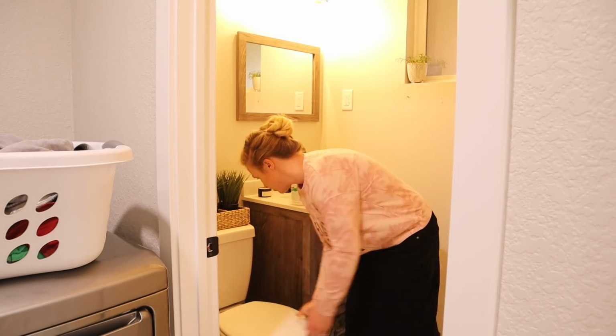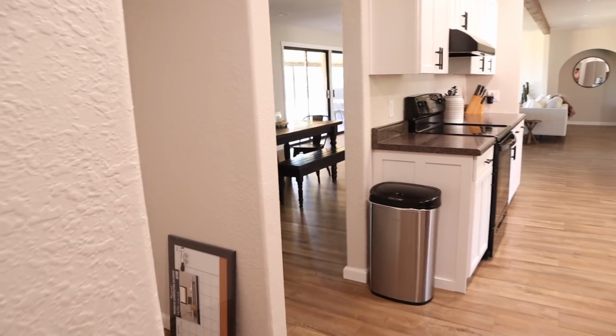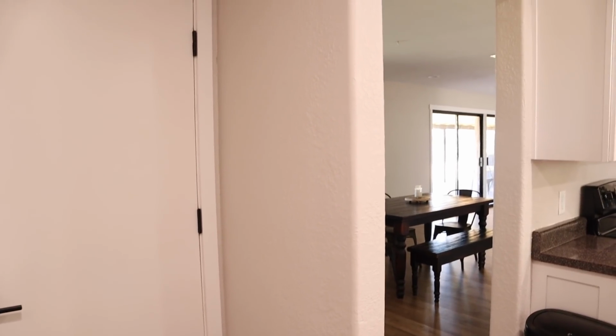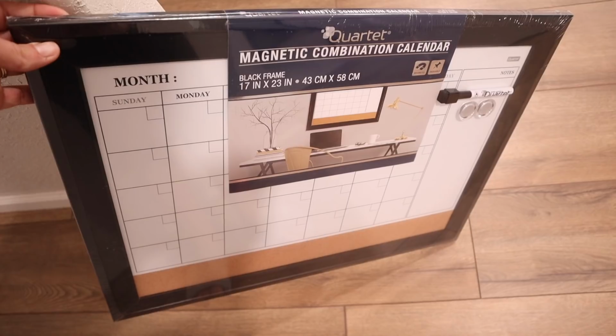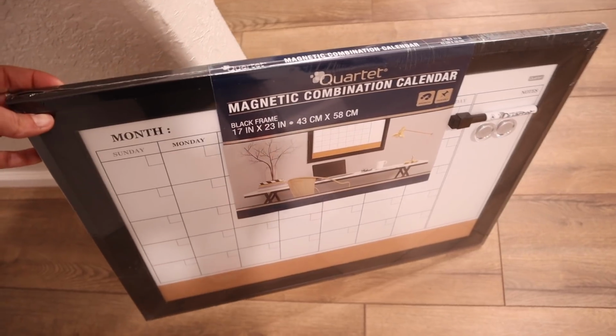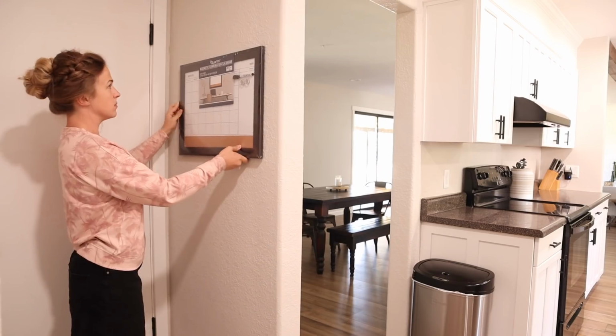So right here, when you walk in from the back door, you come out of the laundry room, we've got this little wall over here to the left, and I thought this would be the perfect spot to put my dry erase calendar. I've got a dry erase calendar in my office, but that is for all of my YouTube stuff. I needed one out here in the main area just for everyday scheduling,